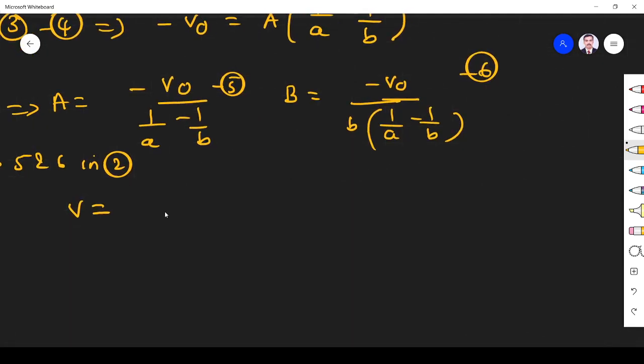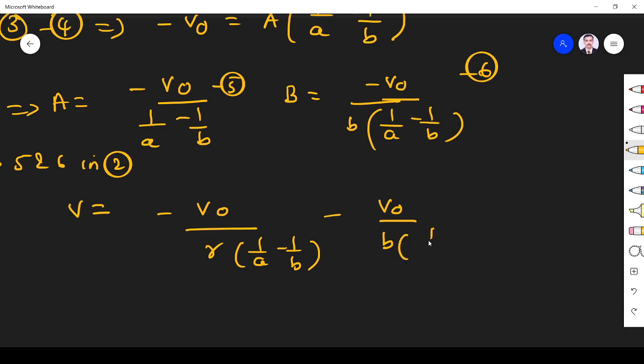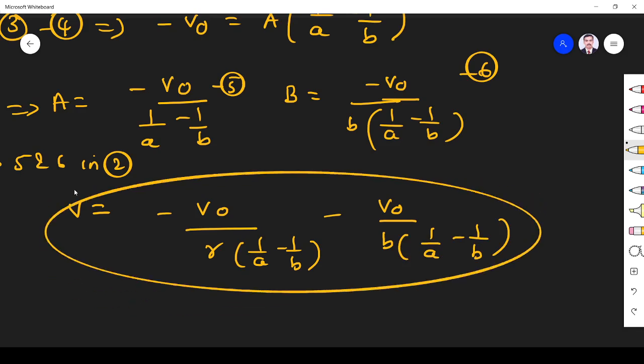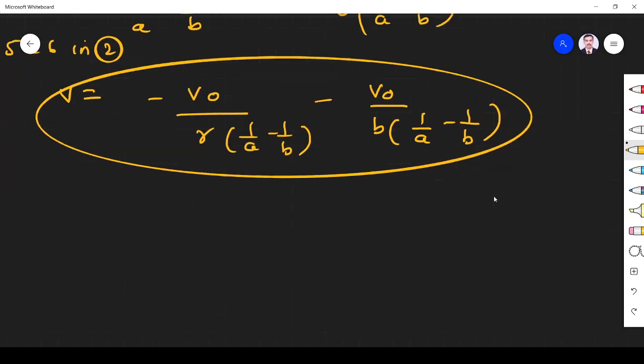So I substitute: A by R minus B naught divided by R into 1 minus A by 1 minus B. Right? A by R minus B plus B minus B naught divided by B into 1 minus A minus B. This is what my V is, right? So from this you find the fourth condition, E is equal to minus del V. Fine. So I have to find del V.